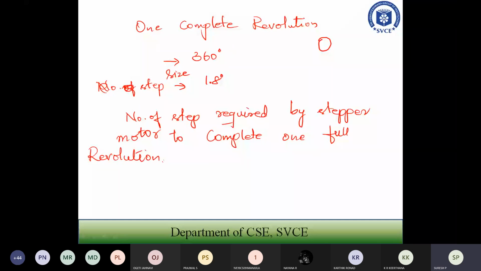That will be 360 degrees by 1.8 degrees. That will be 200 steps. So your stepper motor will take 200 steps to complete one rotation.